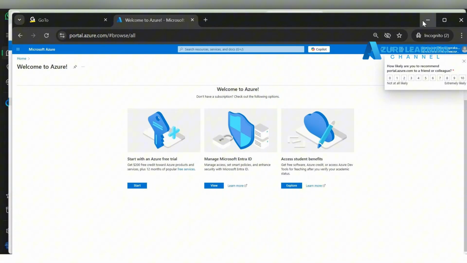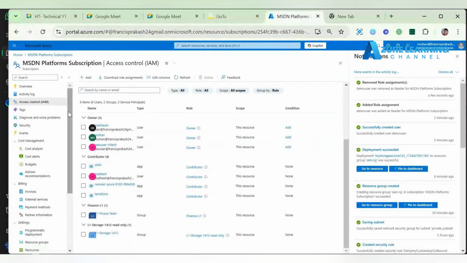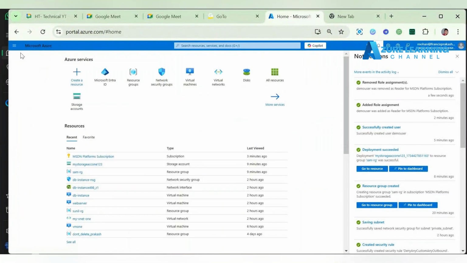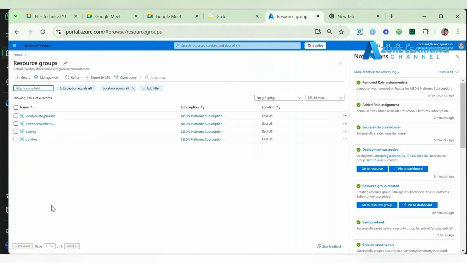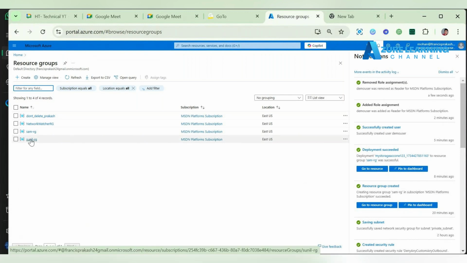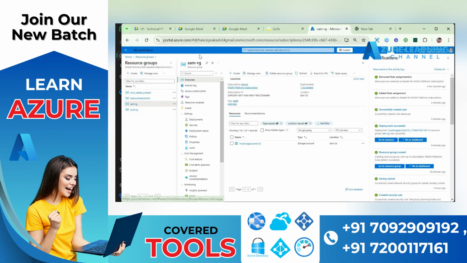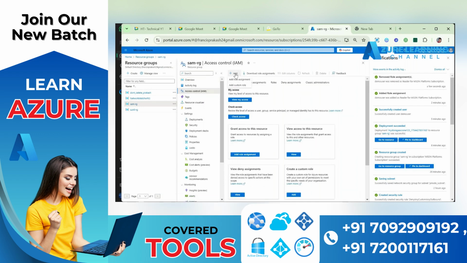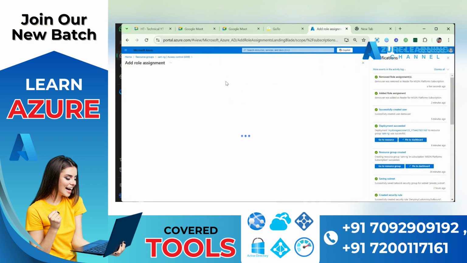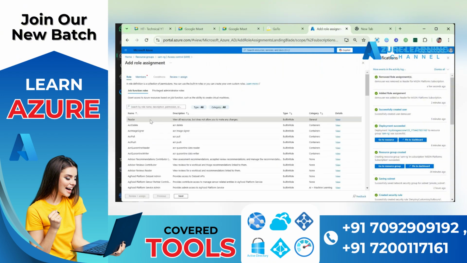Now I'm going to give the same reader privilege for this SAM RG. Just before, we gave the reader privilege at the subscription level. Now I'm going to give the reader privilege at the resource group level. So I'm opening this SAM RG. In this SAM RG, I only have the storage account. So go to access control, add role assignment. I'm giving the reader permission,